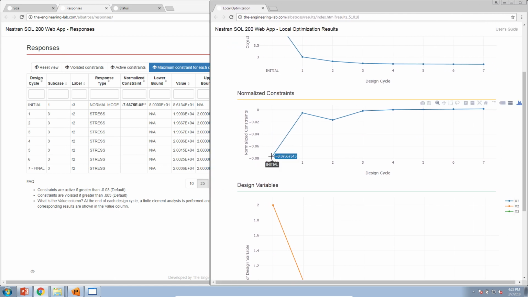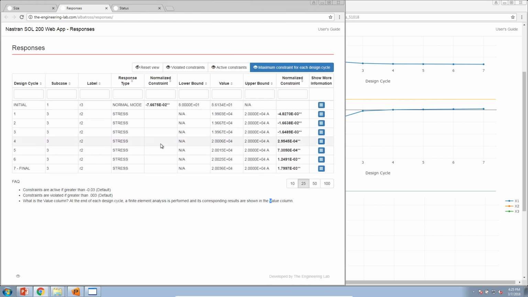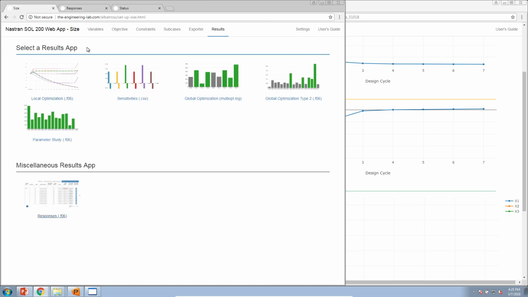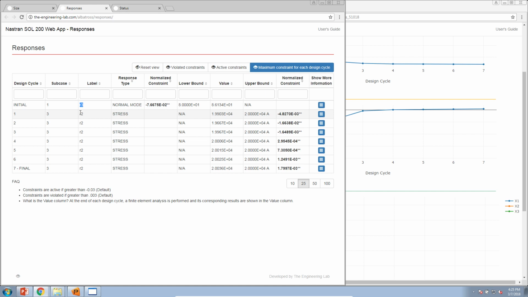So let's start off with this first normalized constraint value, negative 0.07667543. If we look in the table, you can see that value is reported in this column that you see here. It's reported for R3. Remember that R3 corresponds to the natural frequency constraint that we specified. So for the initial design cycle, the natural frequency constraint was